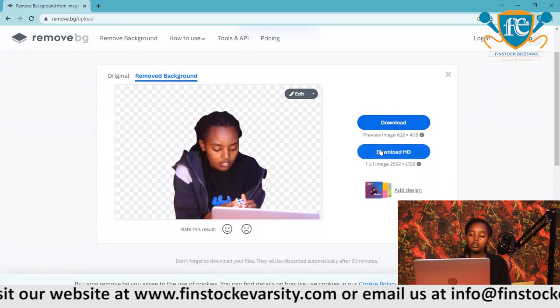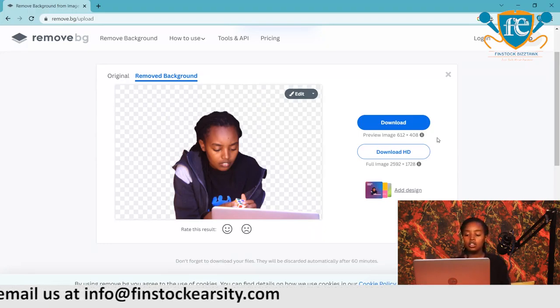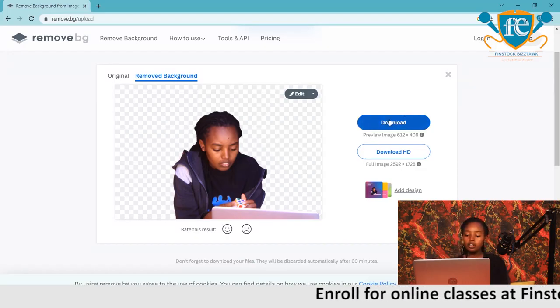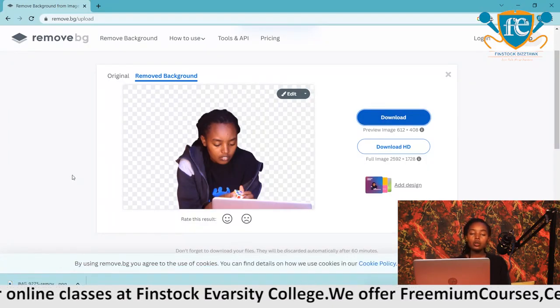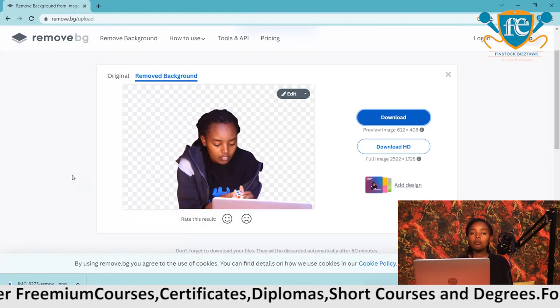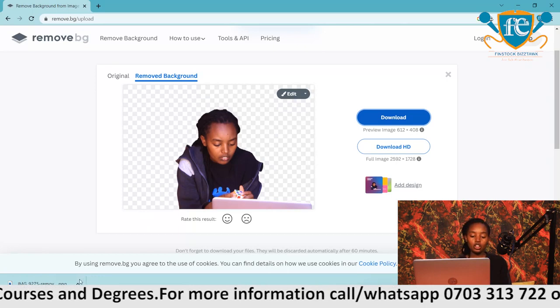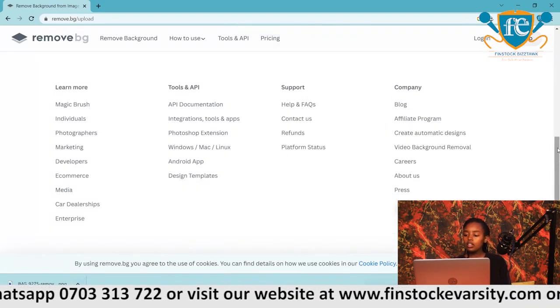When you want to download HD, which means high definition, it will require you to have a premium account. Because we don't have a premium account, we're going to download the normal one, which is 612 by 408. So you are going to click on download, and as you know, when an image has a background, the format is JPEG, but once you remove the background, it becomes PNG. Yes, it becomes PNG. So as you can see, it has already downloaded, and there is an option of actually